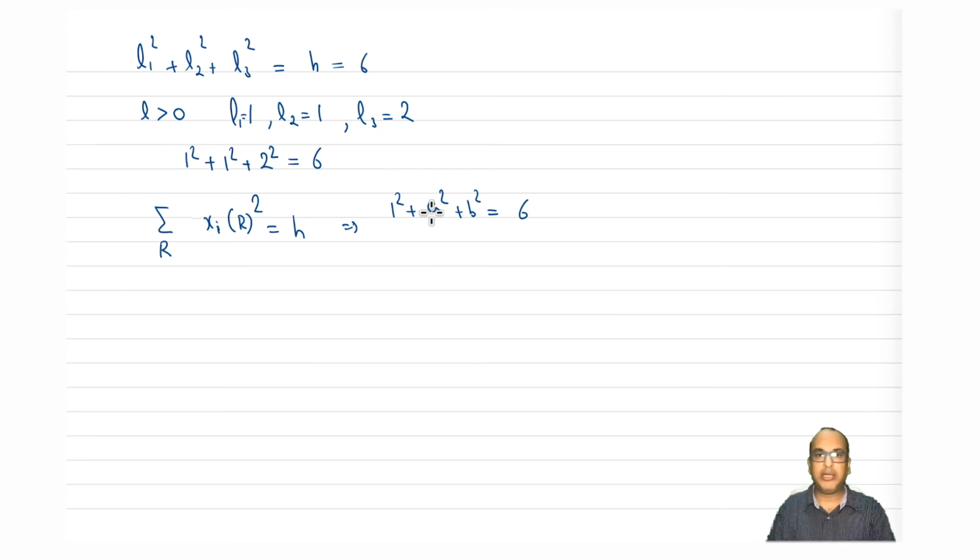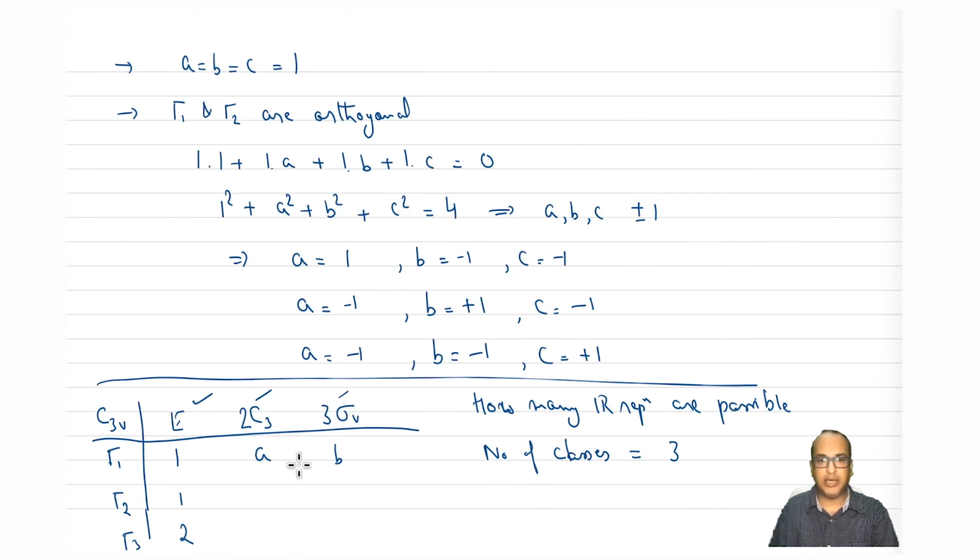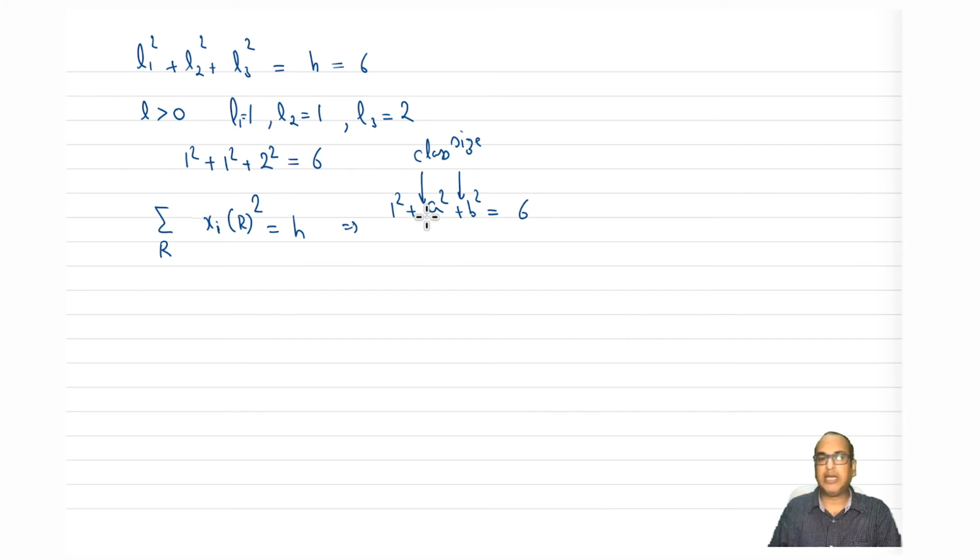So the important thing, which is not to be missed, is that you also have to multiply here because we are only dealing with traces here. So you also have to multiply with the class size here, right? So class size goes here. So what is the class size here? Class size is 2 here and 3 here, right? So we are multiplying with class size because we have to take summation over all R.